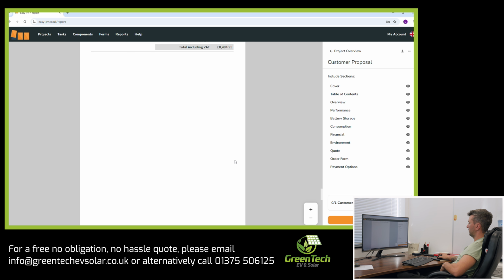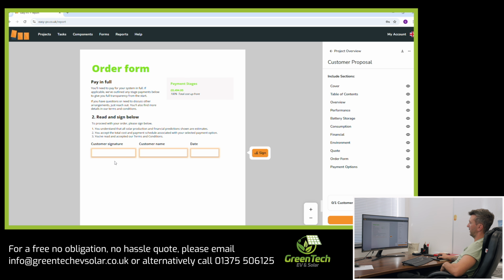Total cost. And then this allows you to sign. Sorry about that, but that's different there. We'd have to change that. We never ask for 100% of the total cost upfront. We usually ask for a 10% deposit after the customer has signed it. And then we never ask for a payment until all your certificates are in line and you're 100% happy with the job. So once you've accepted this, we'll go over to the MCS paperwork to change that over,